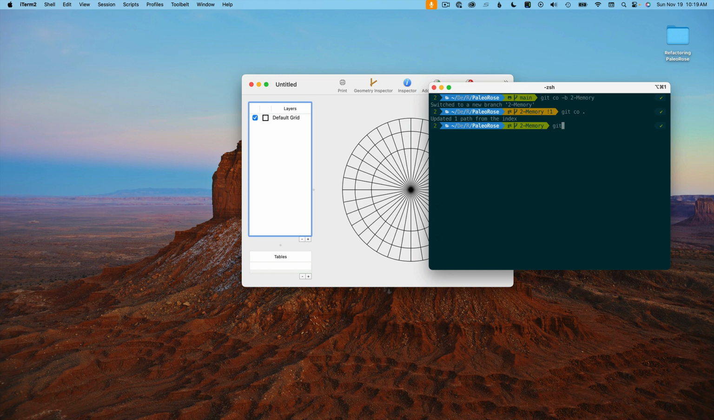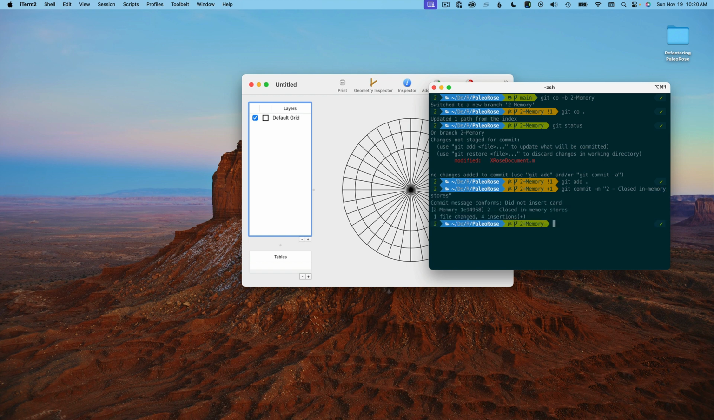I prefer using command line. So we only changed the 1 file. Okay, now we've committed. Okay, let's see if we can address this other memory problem that we can't seem to